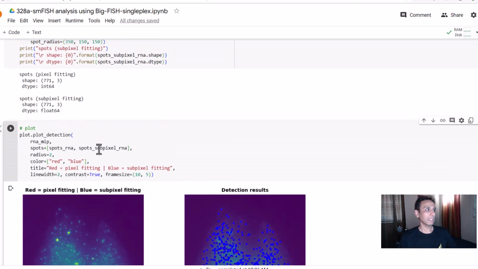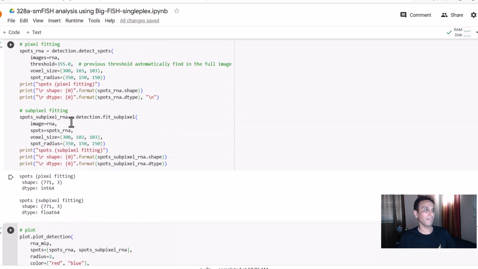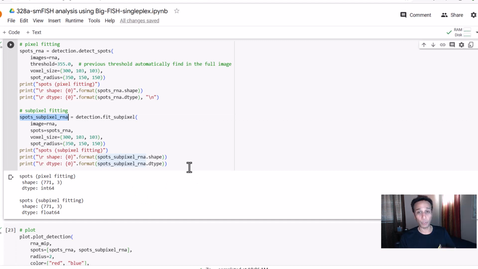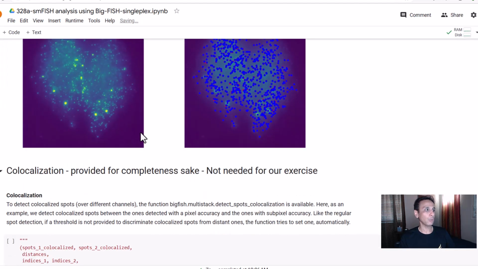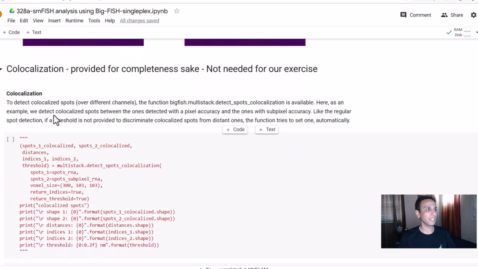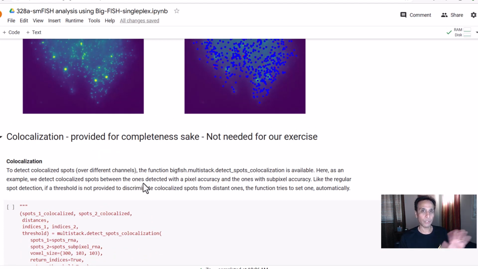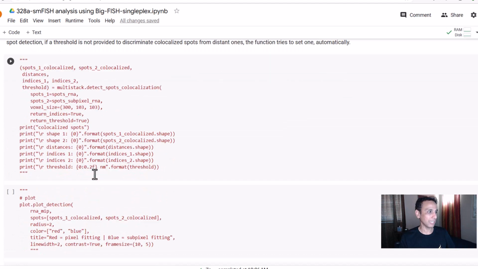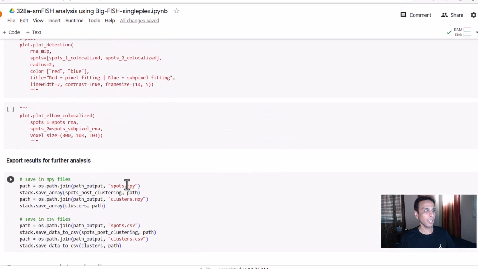Okay, so now we are happy with one of these methods. Maybe I'm just taking my subpixel fitting, and this is the data. These are the spots that I'm working with. Okay, after this step, what do we do next? Well, if you have multiple signals, a multiplexed data set, where you have 3, 4, 5 different channels showing different information, then you can think of performing some sort of co-localization and continuing. But again, I'm just giving this for the sake of completeness because the documentation provided this example. I want to make sure some of you who relate to this at least have access to this, but I commented that part of the code. Let's go down and